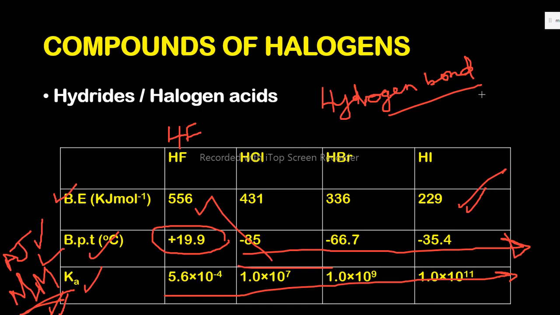which leads to this high boiling point. These ones, the HCl, HBr, and HI, have weak van der Waals forces of attraction. As they move down the group,